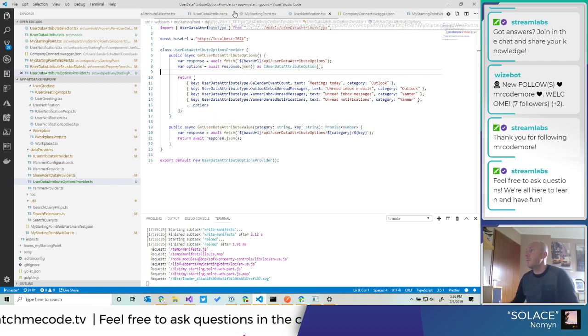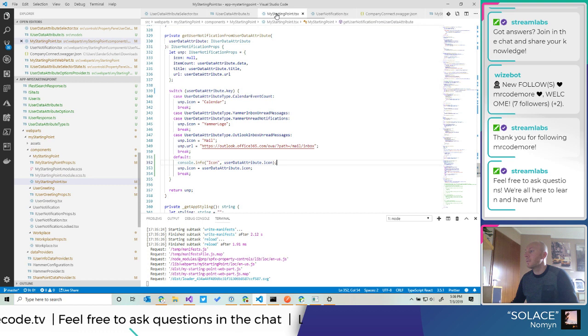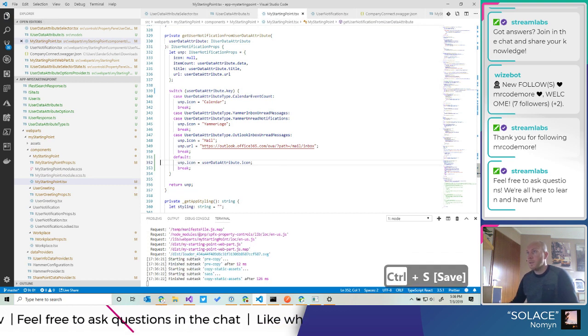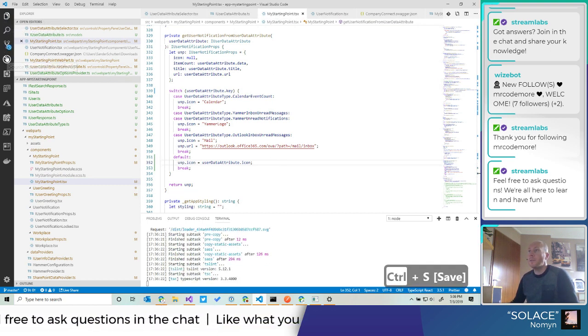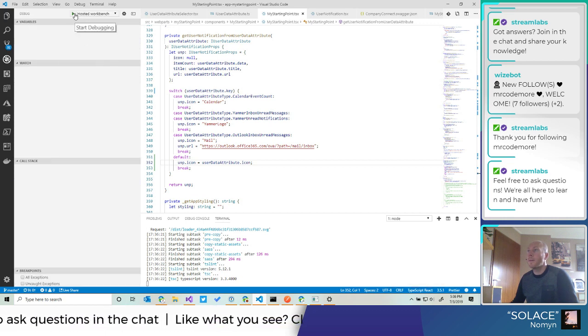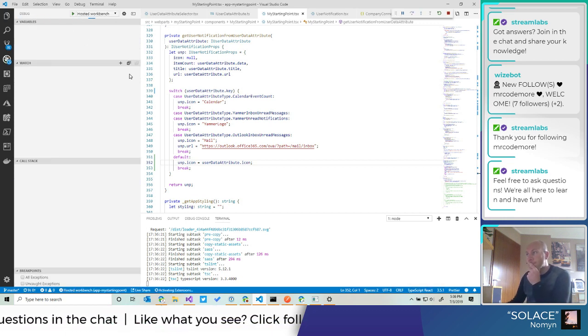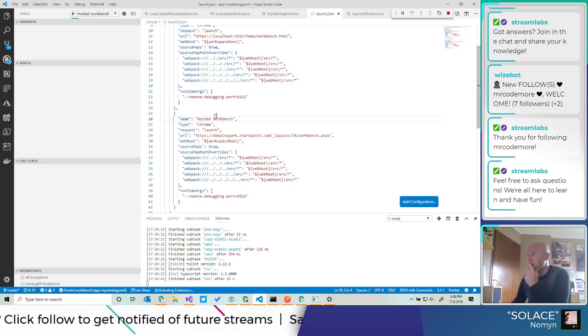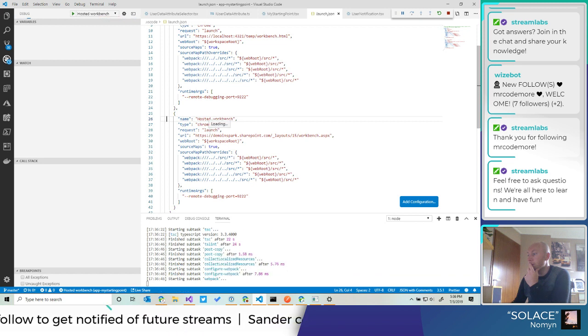Okay, let's do proper debugging. So debug hosted workbench. Yes. Oh, it's compiling first, I think.